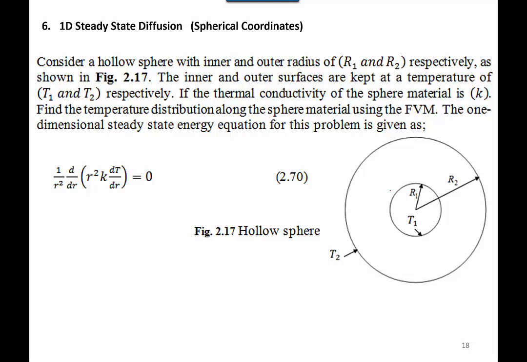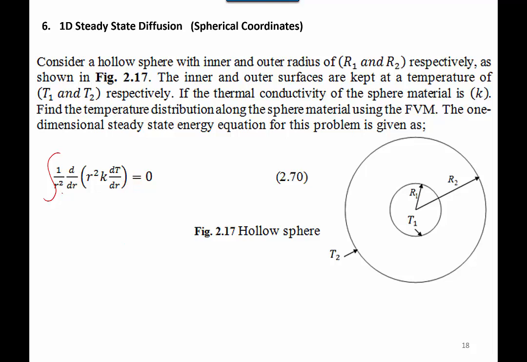Knowing that the one-dimensional energy equation for this problem is given in differential equation number 270, as we see here, we use the Legendre equation for describing the temperature differential equation for this problem, which is 1 over r squared multiplied by d by dr of r squared k dT by dr equal to 0. So we start our solution by integrating this differential equation from west to east and multiplying it by dV, and dV for this